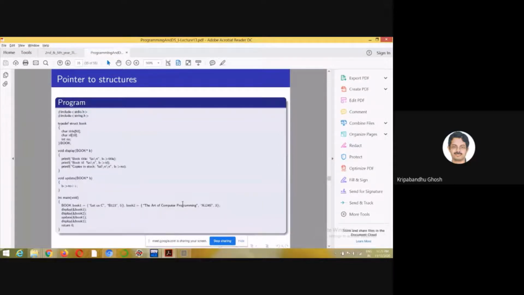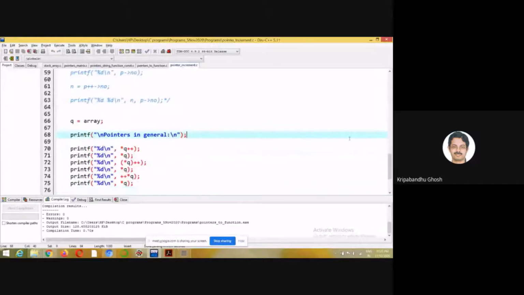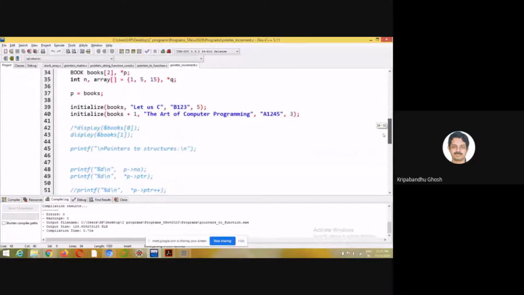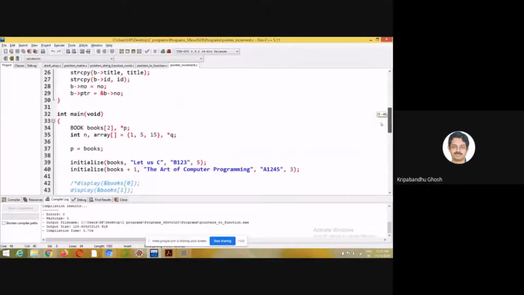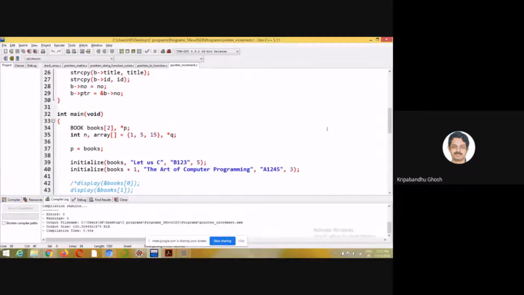And one final thing about pointers, I believe, is a pointer to structures. So what is that? Okay, pointer to structure, right? Okay, all right. So does it work? Let me run it. Okay.